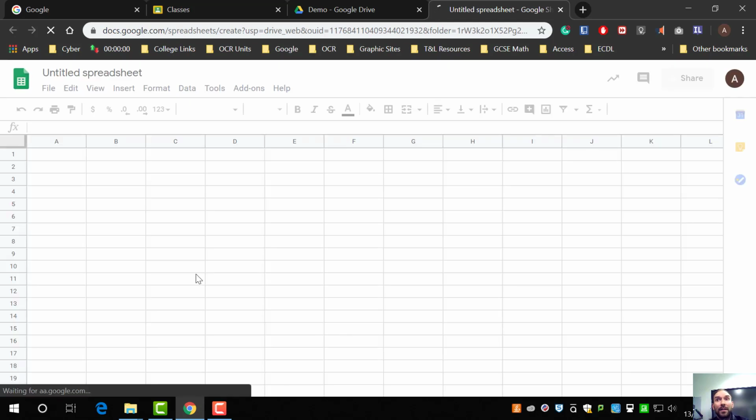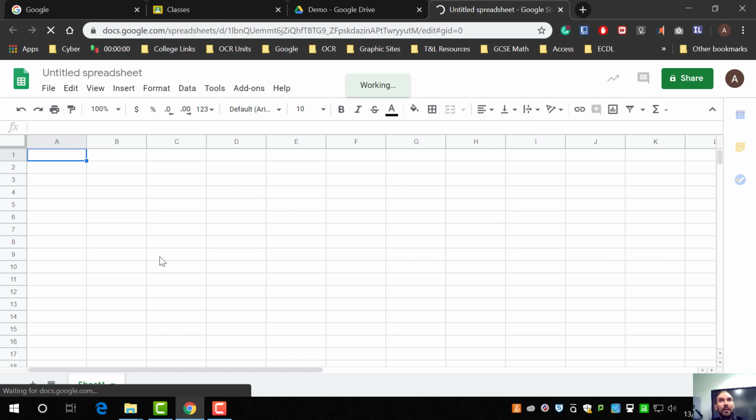This is comparable to any spreadsheet software. Obviously the most popular one would probably be Microsoft Excel. There are others out there. Now this is limited in features compared to Excel, but it serves the purpose for what I believe the majority of people would actually need to use it for. With the added benefit and feature of, again, this magic share button.